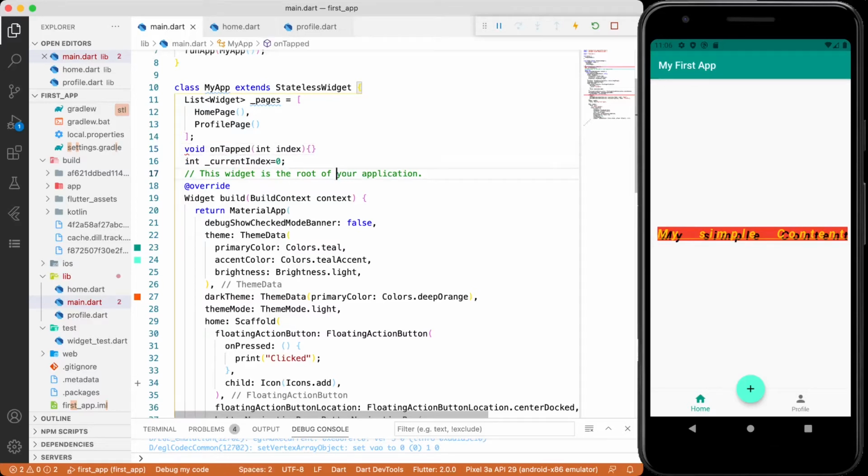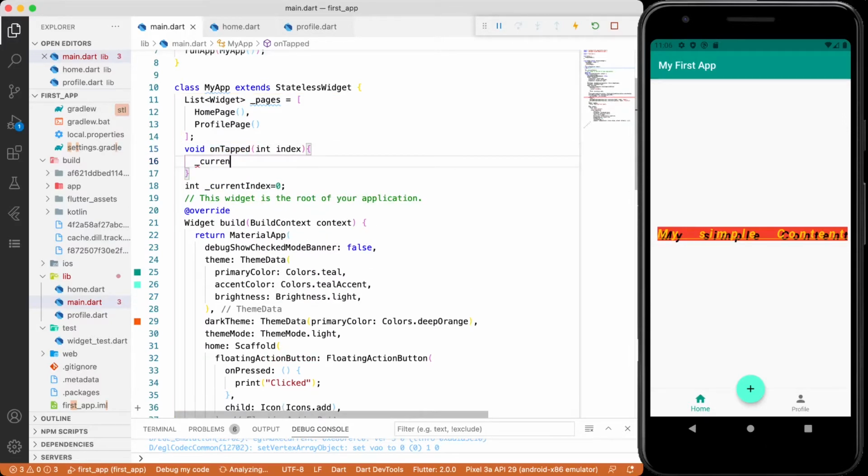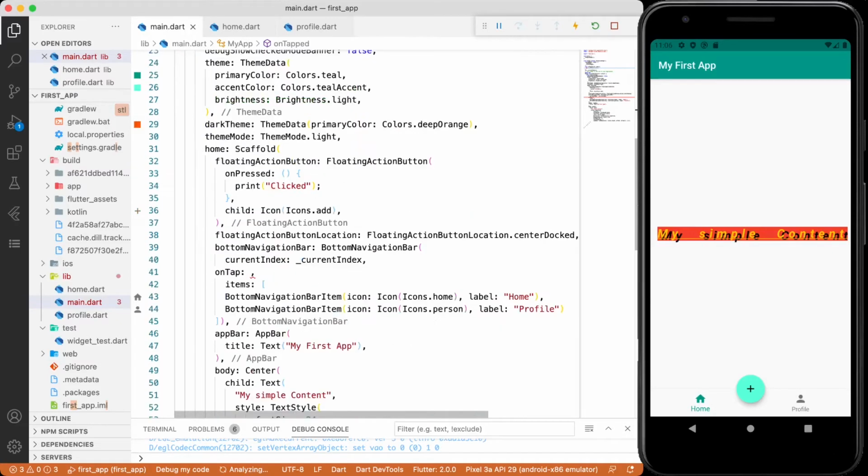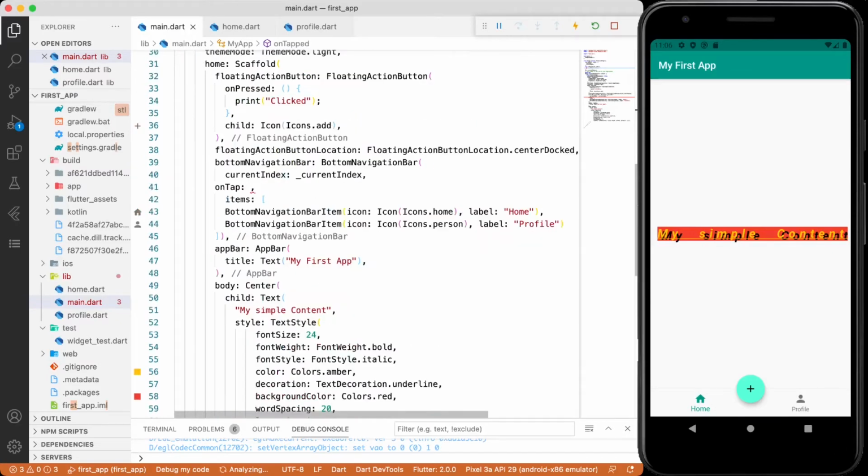This is a void function, and if the index comes, I want to set currentIndex equal to index. Now I'm going to refer to onTapped here.